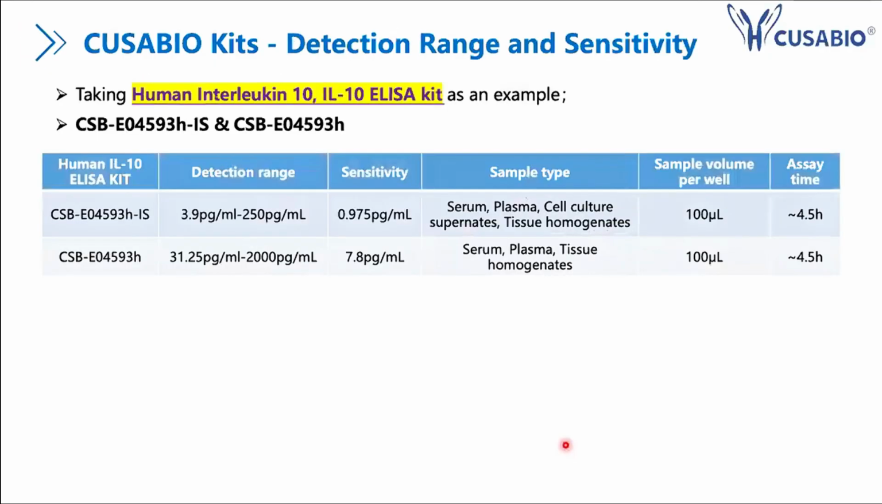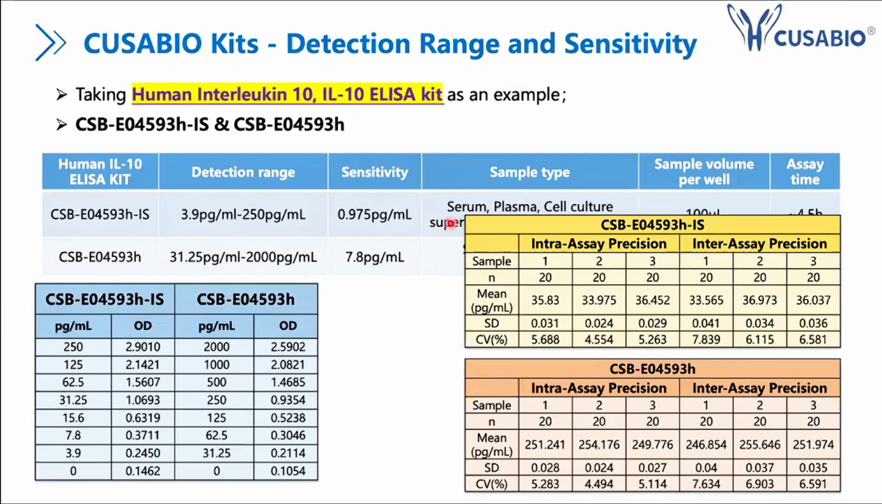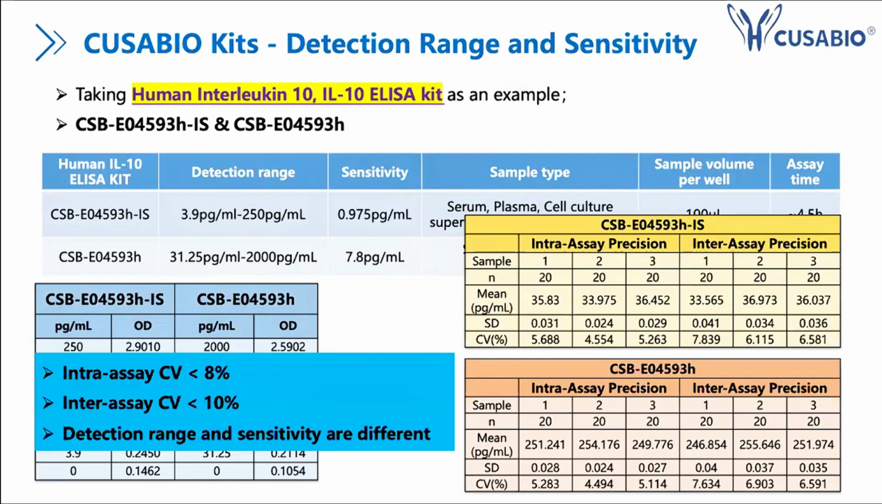The last one is the human interleukin-10, the IL-10 ELISA kit. So the same, we have a summarizing table, detection range, sensitivity, and the sample type. And this time, we perform the assessment about the intra-assay precision and inter-assay precision. So for both of the kits, the intra-assay CV is less than 8%, and the inter-assay CV is less than